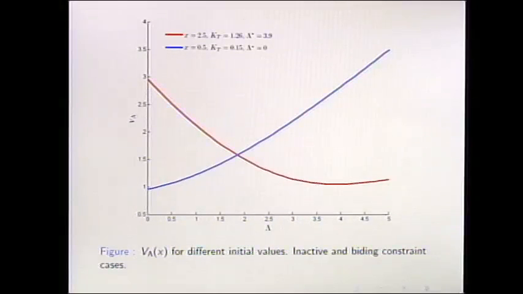These are the values for the auxiliary problem for these cases. So in this case, when the constraint is not active, the minimum is at lambda 0, so that means that the constraint is not active. In the other case, this function b lambda is always a convex function on lambda because it's the dual function. So we have a unique minimum here in this case.